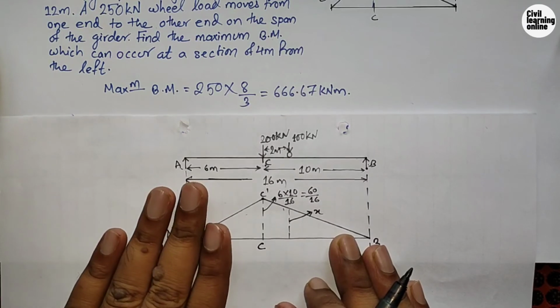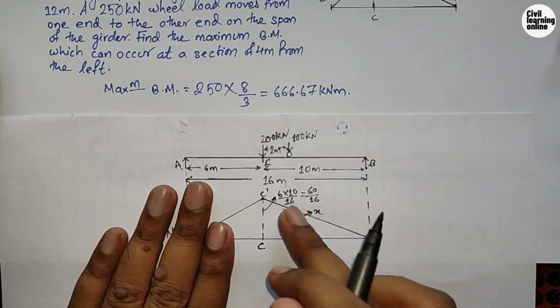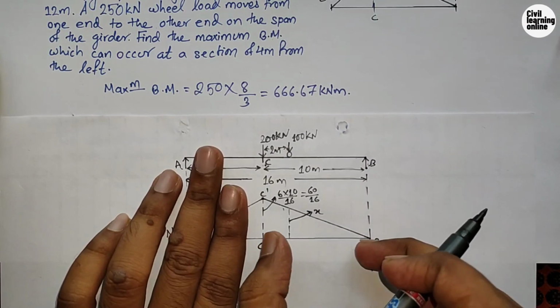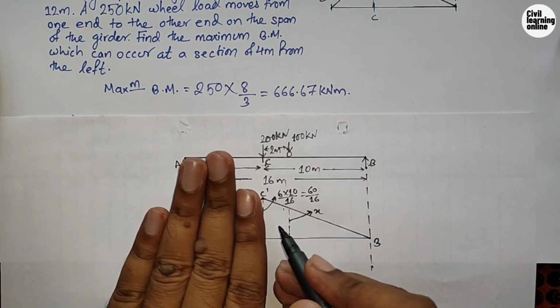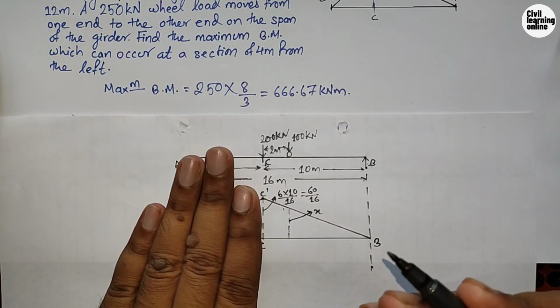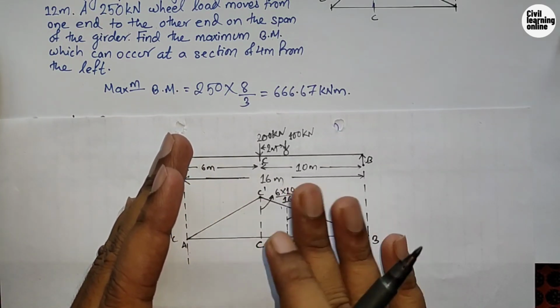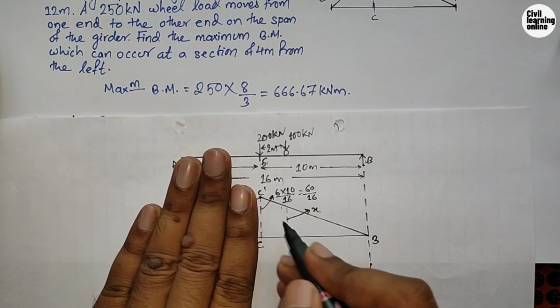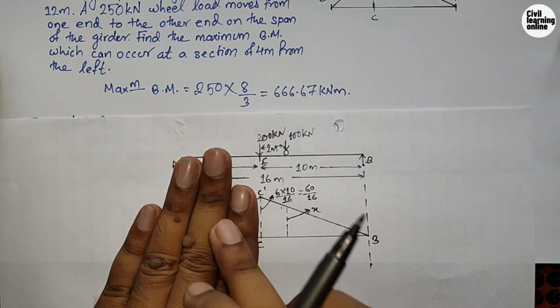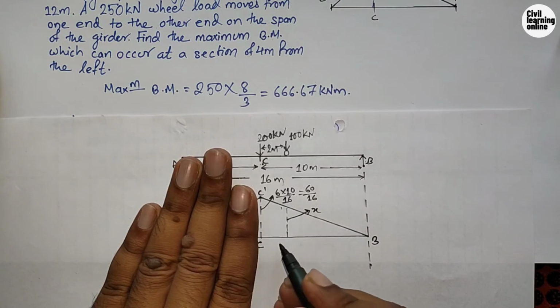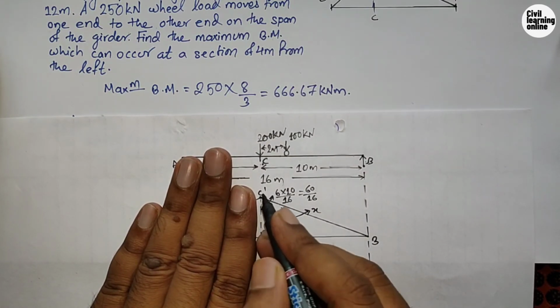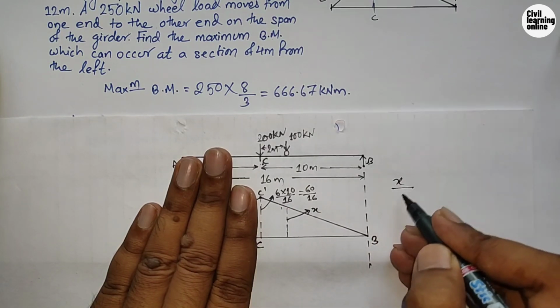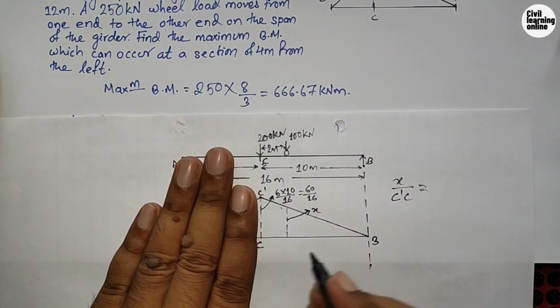Again, remember this thing. When we calculate the ordinate in this triangle, we need to cover this triangle so that you won't get confused. And when you will be calculating the ordinate in this triangle, then cover this triangle. So cover this triangle, we are calculating the ordinate in this triangle. In this triangle means our right hand side, cover this left hand side triangle, and apply the condition of similar triangle, that is the corresponding sides are proportional, means our x will be proportional to the value of C dash C, means x upon C dash C will be equal to this base.